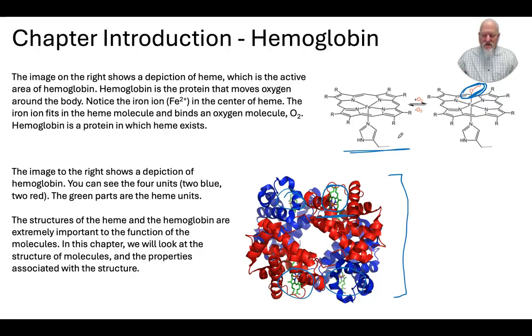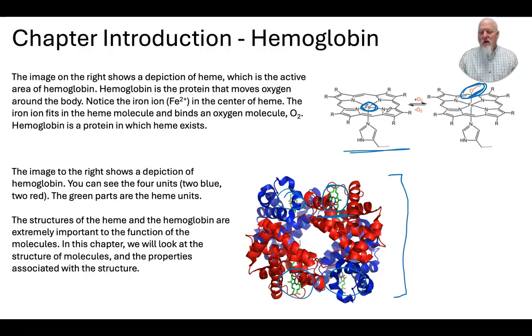Now the structure of heme is somewhat complex. It's not a small molecule by any means, but hemoglobin is even bigger and a bit more complex. The important thing here is that we can see that iron ion right in the middle of the heme, and it's that iron that the oxygen attaches to. Now, it's really important that the heme bind the oxygen tightly enough that it will get carried through your blood and not fall off, but